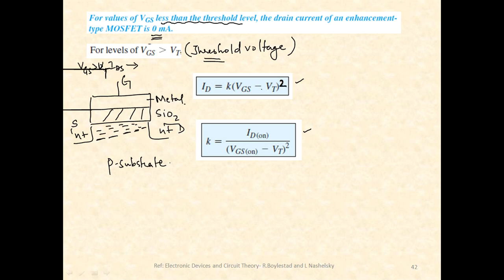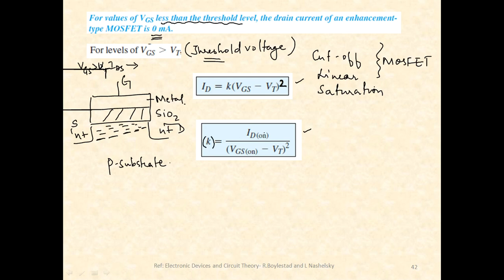Once you take up the course on VLSI, you will be learning a lot about this particular expression. You know that there are three regions: one is the cutoff region, another one is the linear region, and the third one is the saturation region in the case of MOSFET. For all these three conditions, the equation actually changes. You will be learning a lot in your higher semesters, but as of now, this much is sufficient.